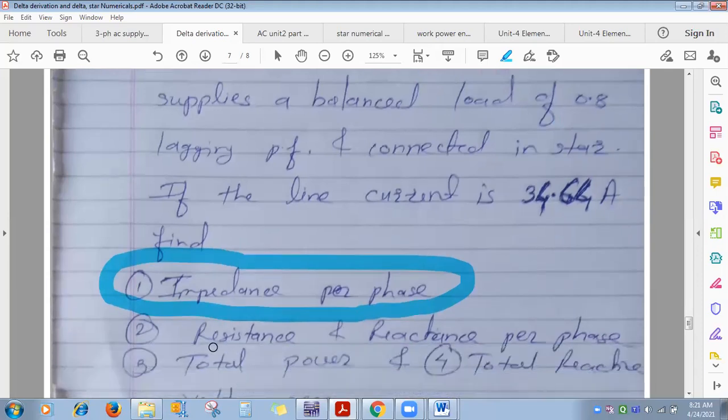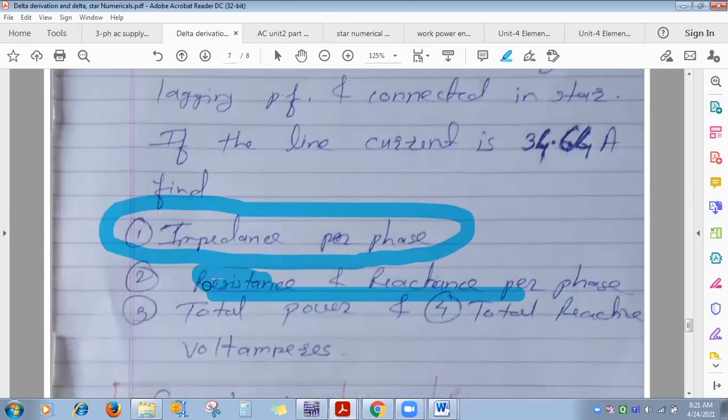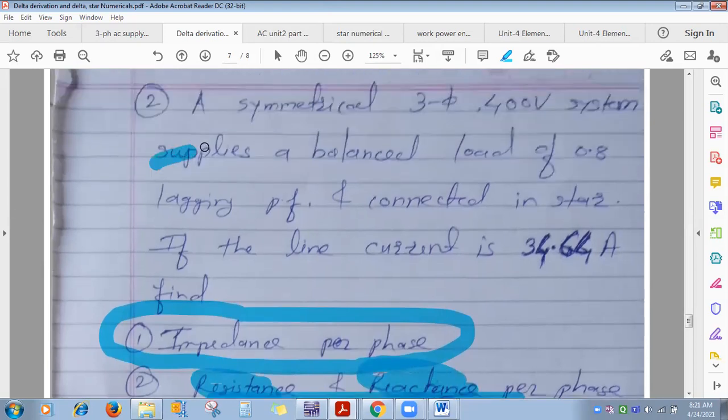Okay, next see. Impedance per phase, but it's a resistance and inductance in series. So can you tell me, now I got ZPH magnitude. So can you tell me how to calculate resistance and reactance? ZPH magnitude I got, VPH by IPH. We want the angle also of Z. And once you get Z in polar form, you can convert it into rectangular form, that is R plus JXL. So real part will be resistance and imaginary part will be XL. Okay. So can you tell me how Z magnitude I got? VPH by IPH. Can you tell me how to calculate the angle of Z?